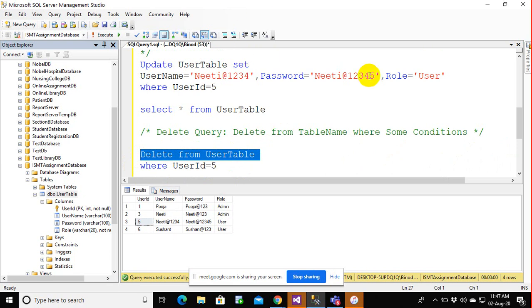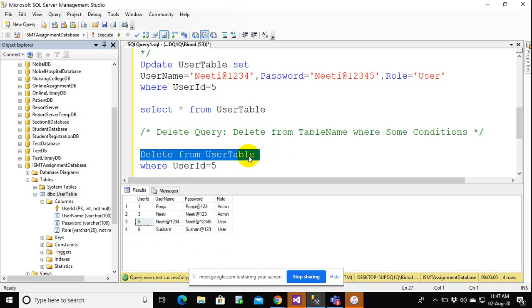So be very careful in writing the delete query. But if I specify where user ID equals 5, then only the user whose ID is 5 will get deleted. Otherwise, this is going to create havoc, a massive destruction, everyone. So you have to be very careful in writing the delete query.